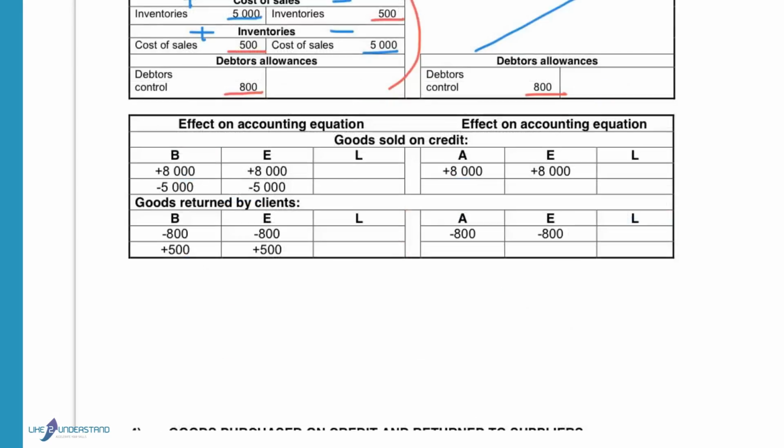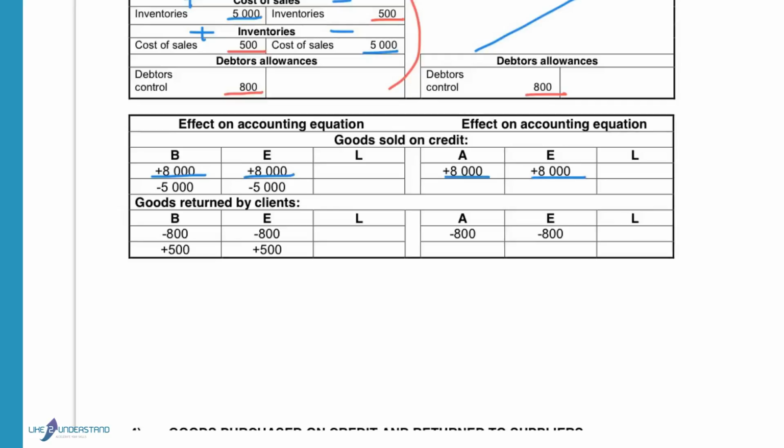In the accounting equation for the goods sold on credit, you will complete two double entries in the perpetual system. Debtors control is debited to increase assets. Sales is credited to increase equity. The same entry will be completed in the periodic inventory system. The second double entry will not be completed in the periodic system because you don't record cost of sales and